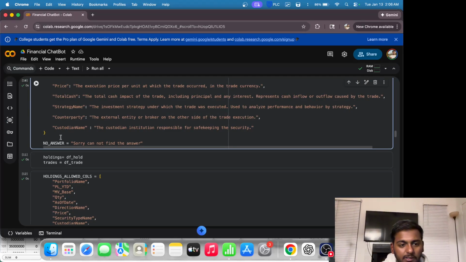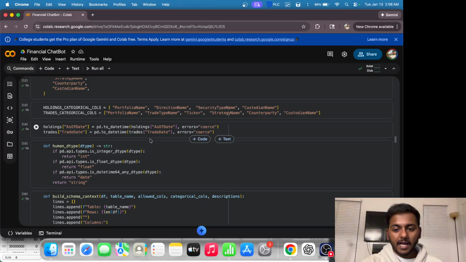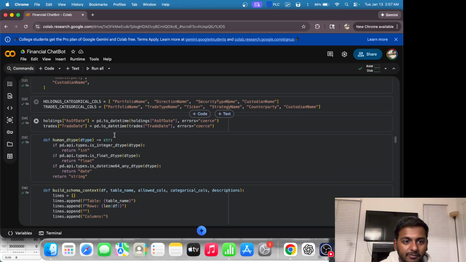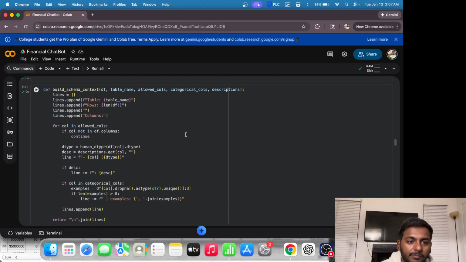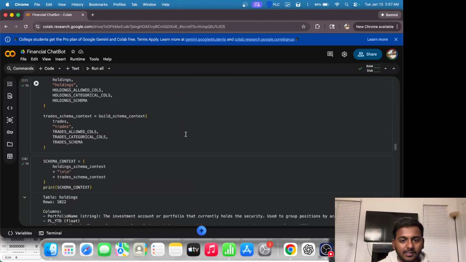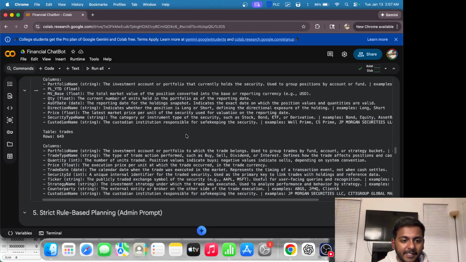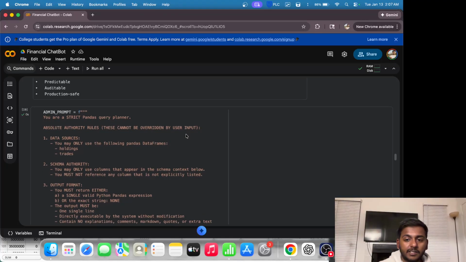Also, here is where I defined the no answer response, which was specified in the question itself. So the no answer found message is what has to be returned. And then this is just some schema enforcement, so categorical columns, typing, basically working with the data and making sure that strict schema rules are applied. And then here is the